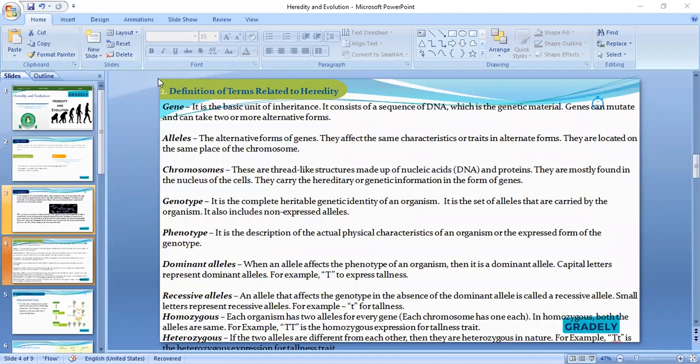Now, remember that when we're talking about alternative forms of gene, we said that this gene is a basic unit of inheritance. That is to say, when this particular gene for a particular character is not present, an allele is there to fit in. That's what we're talking about, alternative forms of gene. So when there is absence of a complete gene to carry the genetic inheritance, there is an allele there to fit in. That's when we're looking at the what? Alternative forms of gene. I don't know if you understand what I mean.